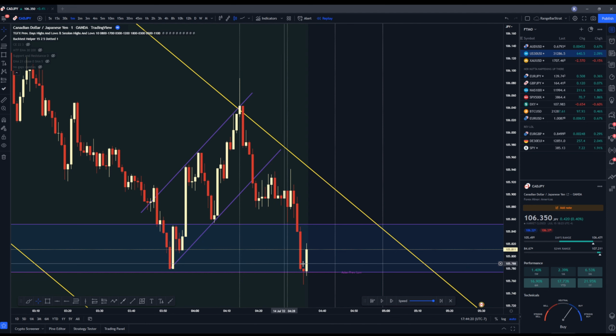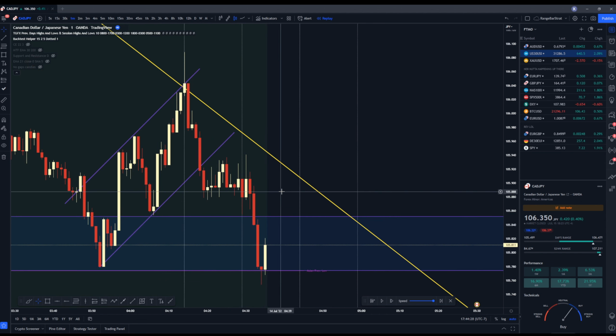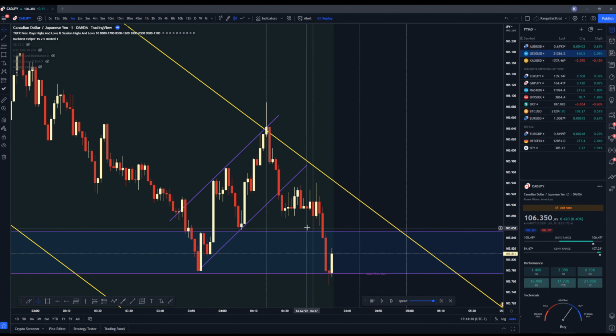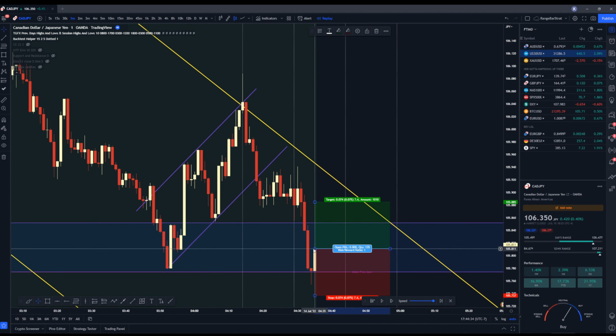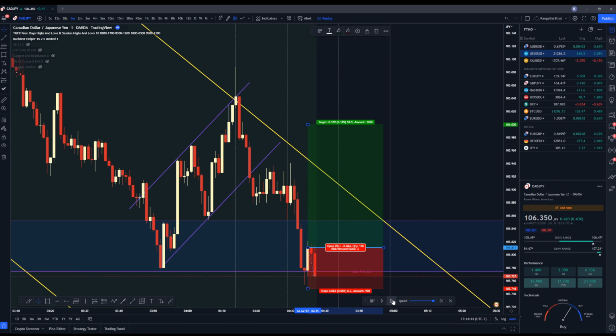Just with some wicks, though, we could trade this as a double bottom very riskily because it's right there. It's easy. We could do it. And I think I'm going to do that. I think I'm going to take the risky trade here. I do enjoy doing this a lot, as my regular viewers know. So we're going to do 3R here, see what happens.